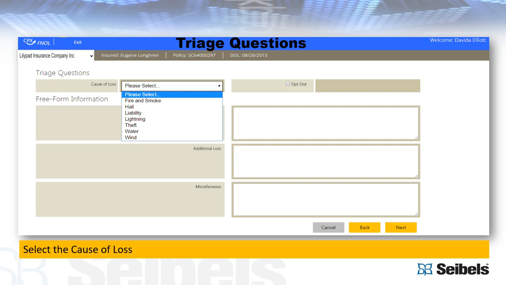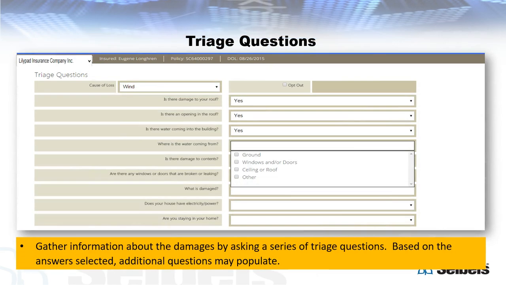Okay. So the triage questions is what we're going to be going through once you select the kind of loss. Based off of the loss that you selected, in this case, wind, it will readjust its questions to fit the type of loss you selected. So